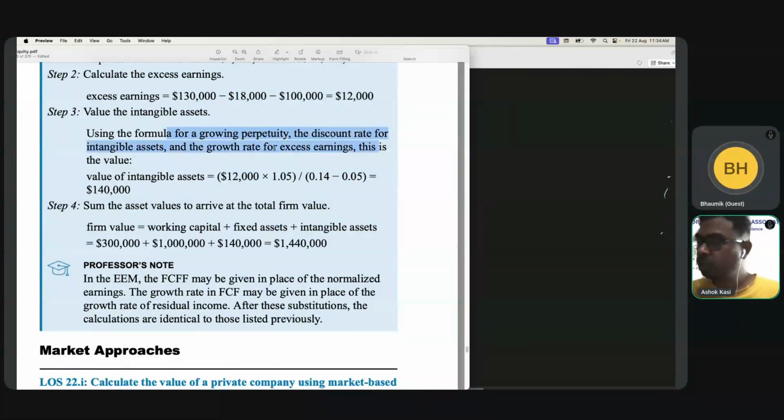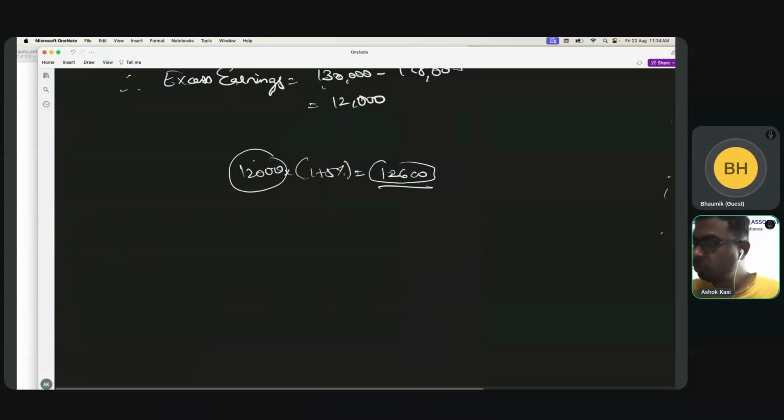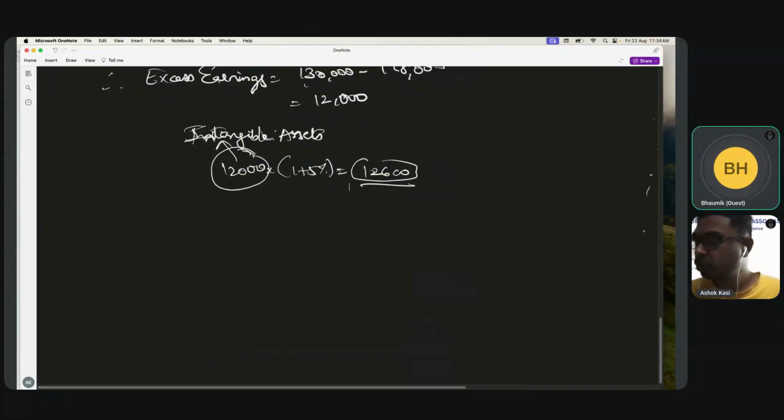Now this excess amount you will attribute to intangible assets. Why intangible assets? Remember, last time we were speaking about financial reporting, intangible assets, goodwill. If you think from a balance sheet perspective, the company has generated the working capital's required return, and the company has generated the fixed capital's required return. But